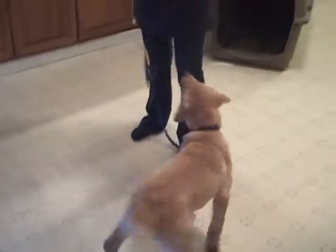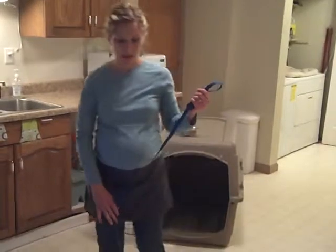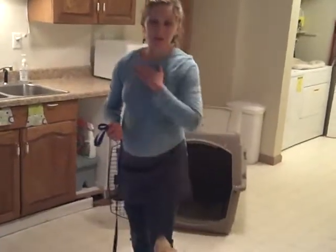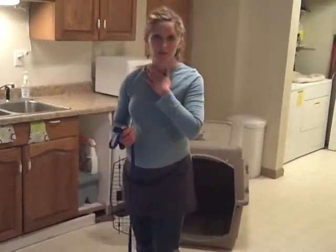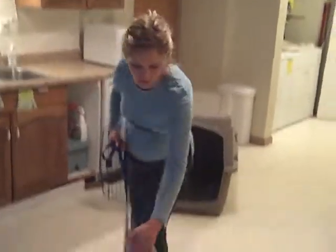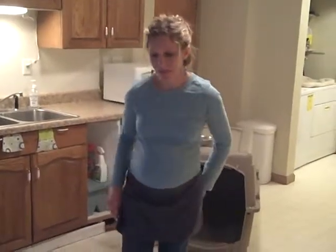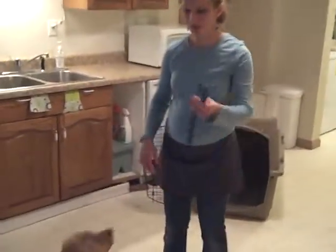the leash. And it's really important that if you're saying easy that you're completely stopped. I see a lot of times people will pull and say easy, easy, easy while they're walking. And dogs have a reflex in their neck and their chest that when they feel pressure there, they want to push against it. So all that's doing is teaching him to push against you, and it's rewarding him for pushing through you. So make sure you completely stop and you're not making any forward progress, easy, until he's put that slack in